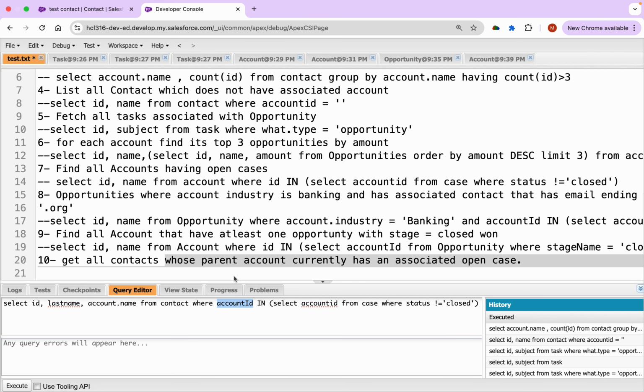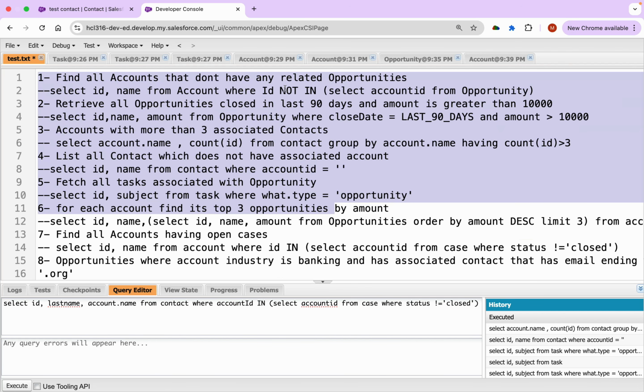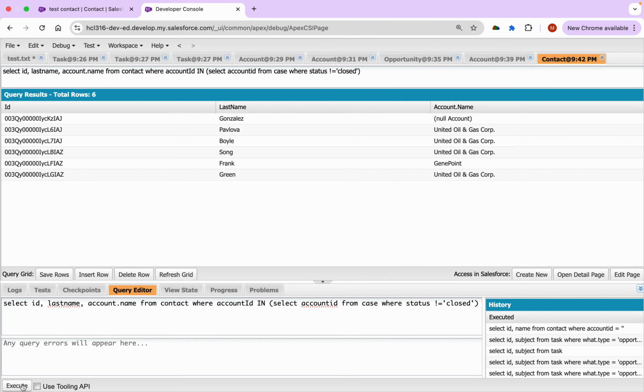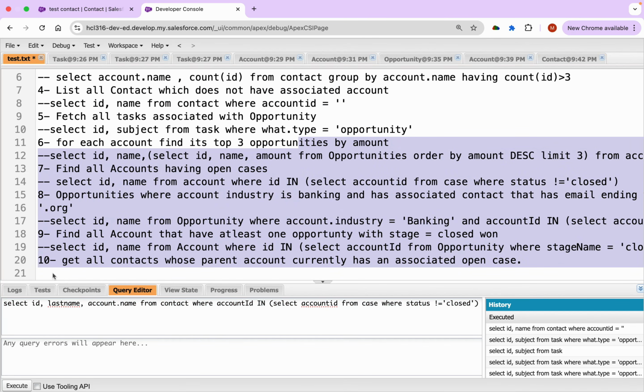Had it been straightforward like opportunity and account, then we would have queried based on just the account ID, or simply just the ID field. But here we are doing it via the account ID. Let's query it and we will be able to get it. Okay, so that's how we will be able to find it. Let me write it down in the answer,